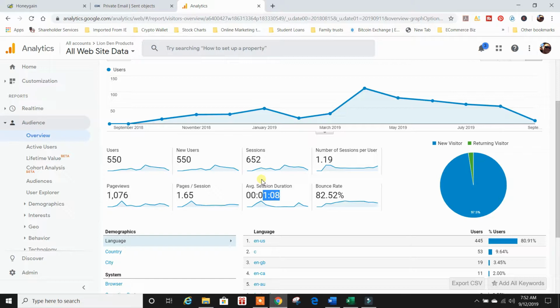And you want to try to capture their attention and keep them on your page for more than 7 seconds. So if you can do that, I would say you're probably on the right track. As you can see here, the average session duration is about 1 minute and 8 seconds. Now the bounce rate is fairly high, okay, and the number of sessions per user